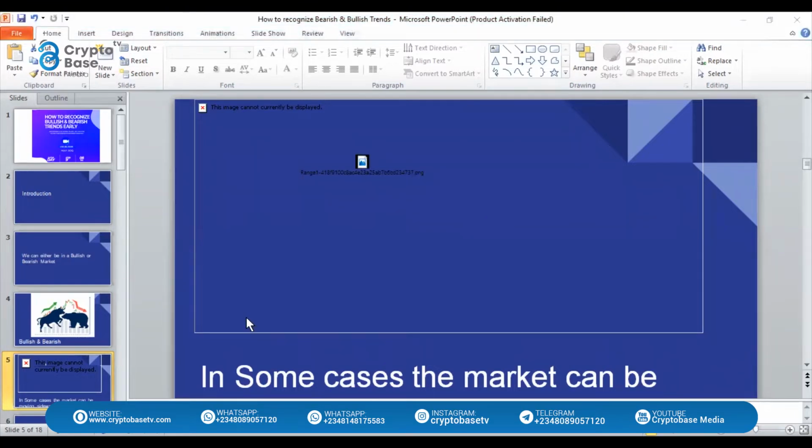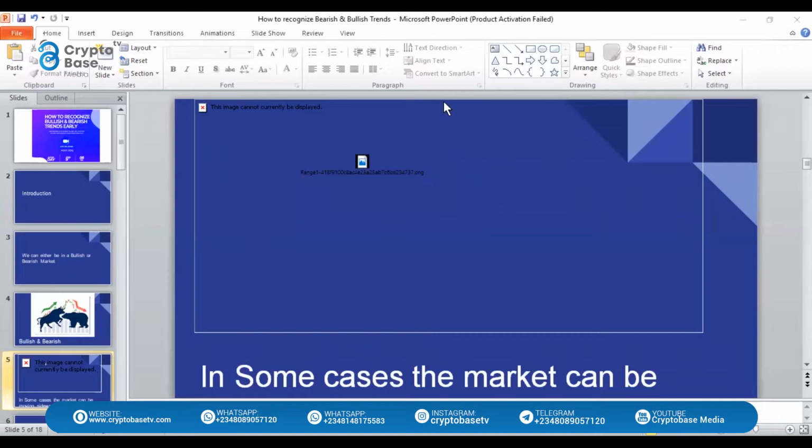Everything that is there is the picture of a ranging market. So let's proceed. I said a ranging market is going to move sideways. It's going to move sideways to the right side because that's how the market moves. That's how the charts are designed. The charts are designed to go sideways. That is how it is, guys.